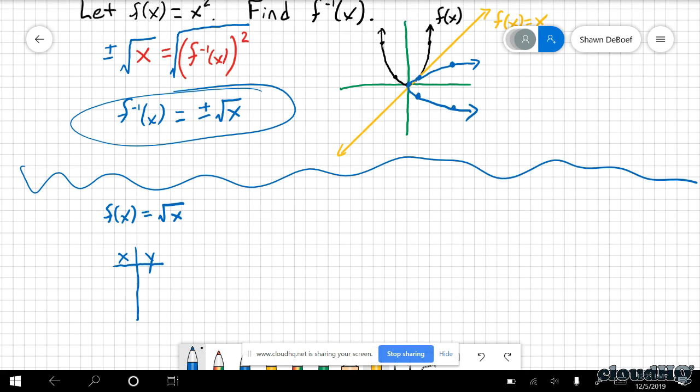What can I not use? Negative. Now, we do know how to deal with square roots of negative numbers. They're imaginary, but we don't get to graph them. They don't show up on our graph. So because of that, we don't want them. Since we're graphing square roots, we don't want negatives. So when I pick my x values, I can't use a negative. If you do, it just becomes imaginary, doesn't show up on your graph. So then it didn't do you any good. So I want to pick numbers that I can graph, that do show up.